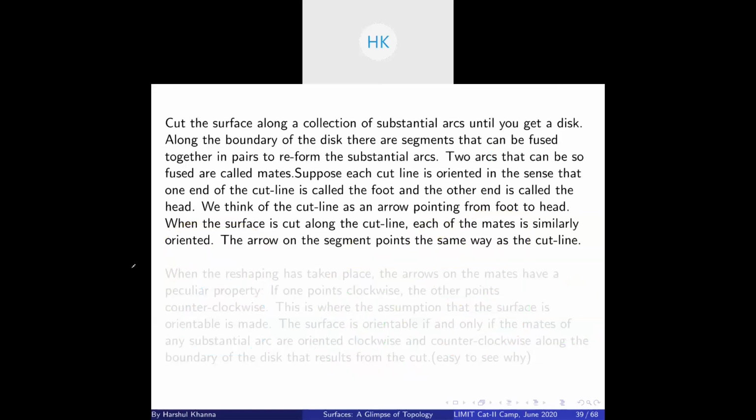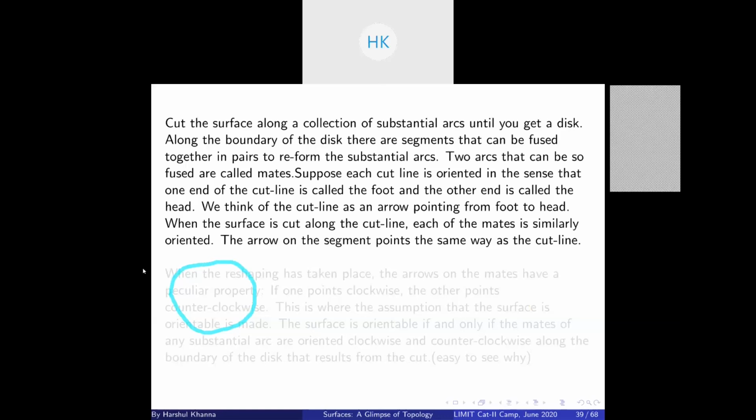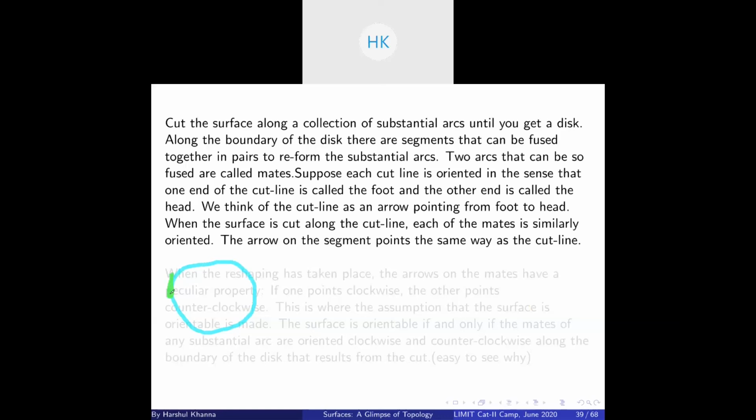Okay. So suppose, is the process clear to you, that what I am doing basically is disconnecting the surface along a substantial arc to get a disk, and we had to give it an orientation to paste it back, right? So suppose I took this annulus, or suppose the surface, the disk I get after disconnecting the substantial arcs, we will have its substantial arcs. We will have the segments of this surface having arrows on it, right? Basically corresponding to the substantial arc we disconnected. So suppose they both are in clockwise direction.